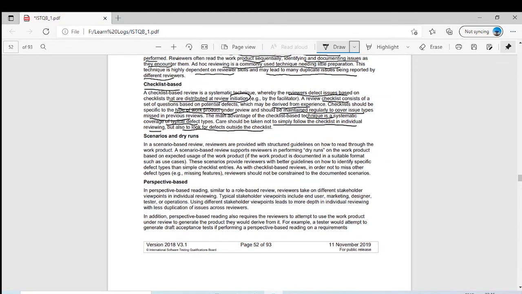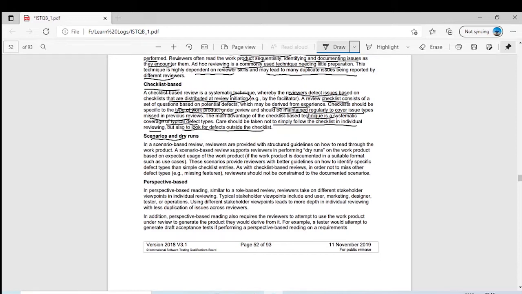The next review technique is scenario and dry runs. I think you remember from the walkthrough, in the walkthrough we had this scenario and dry runs. Normally, the reviewers are not well prepared. They are not the field expert, and then the work product author, which for the code could be the developer, for the test cases could be a tester, and for a test plan could be a test manager, whoever has written the work product will present some scenarios and dry runs to the reviewers,